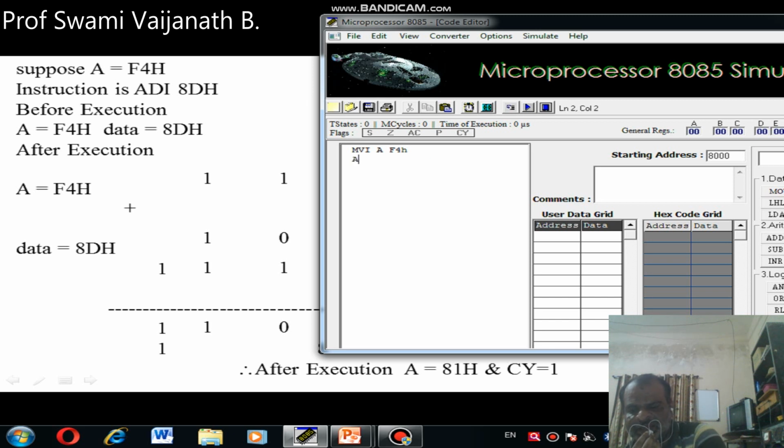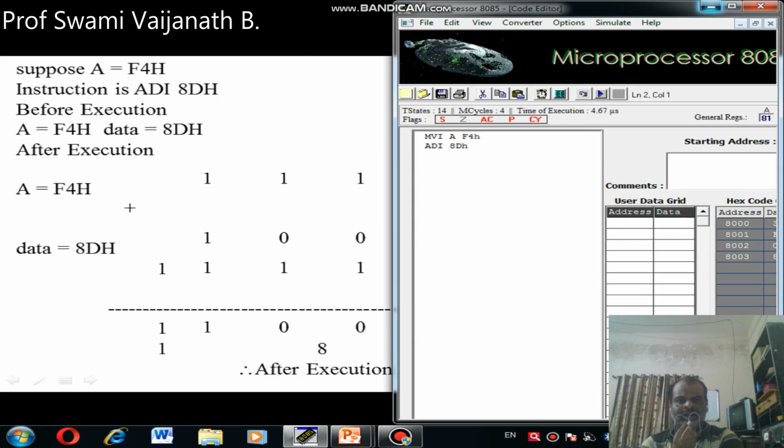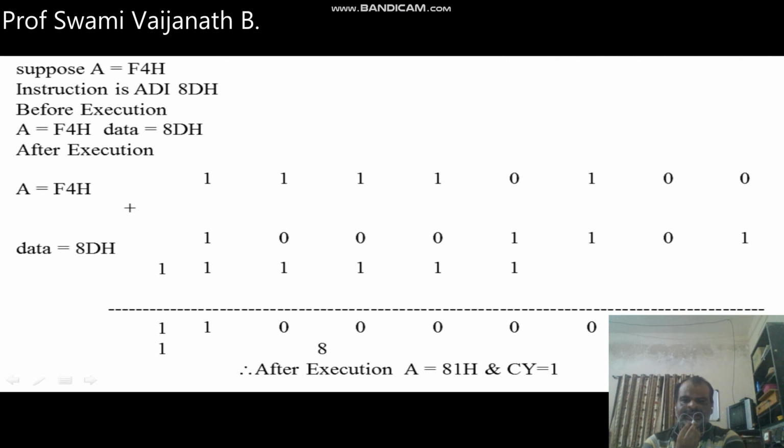Then I execute the instruction ADI ADH. What happened? See here A has data content F4H and immediate data ADH is provided for this instruction. Then addition of F4H and ADH gives 1A1 in the example, and carry is produced.